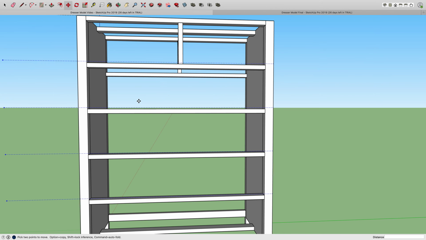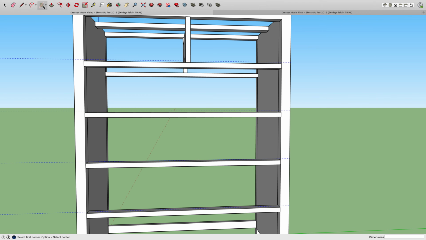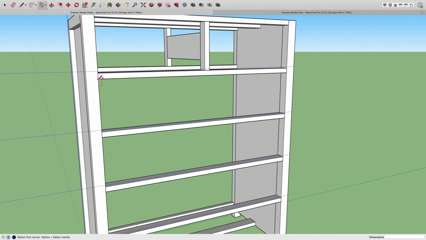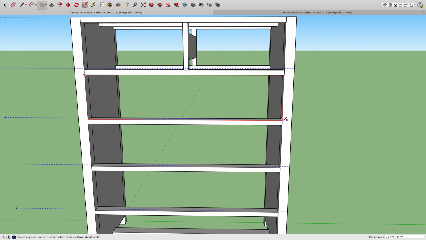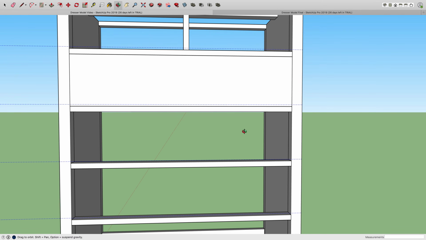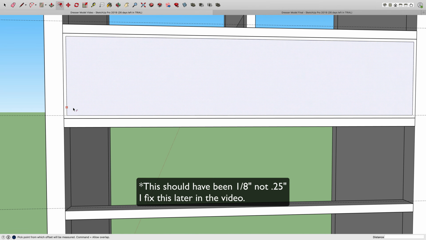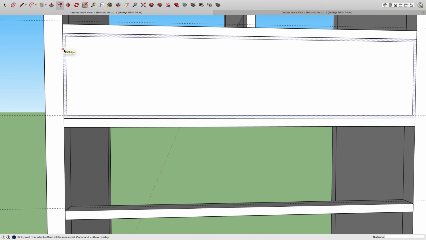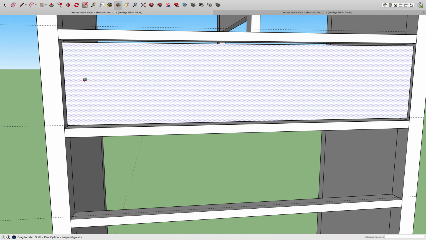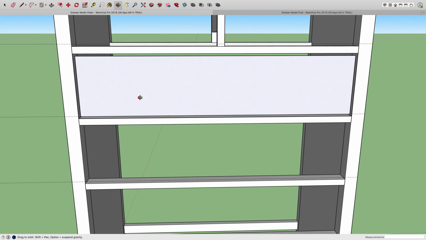Now, this is kind of fancy here, but what we're going to do is we're going to grab our rectangle tool and we're going to draw a face right on this corner all the way over to this corner. So it's going to cover that entire area. And now what we can use is this little tool right here. It's called the offset tool. So with the offset tool, you can click there and come along the face here and click, and you can see I can pull in an offset. And I want to pull this guy in 0.25 inches and hit return. And you can see that that sets that right on that 0.25 inches. And now I can just select this outer face and hit delete. And now I'm left with just this perfect little drawer face, if you will,